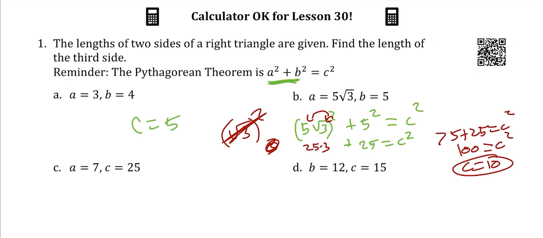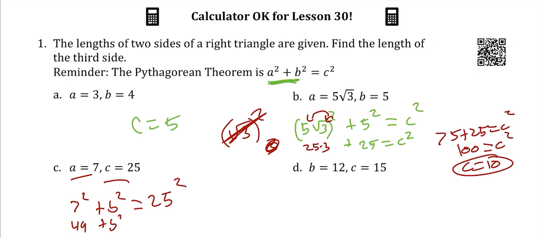Okay, let's go to part C. So here we have A is 7, C is 25. So a little bit different than parts A and B. We can say 7 squared plus B squared equals 25 squared. We have to be careful to say equals that 25 squared because that's C. Okay, so now